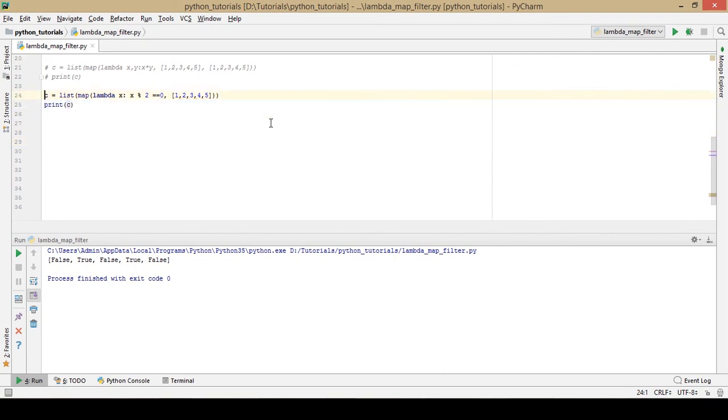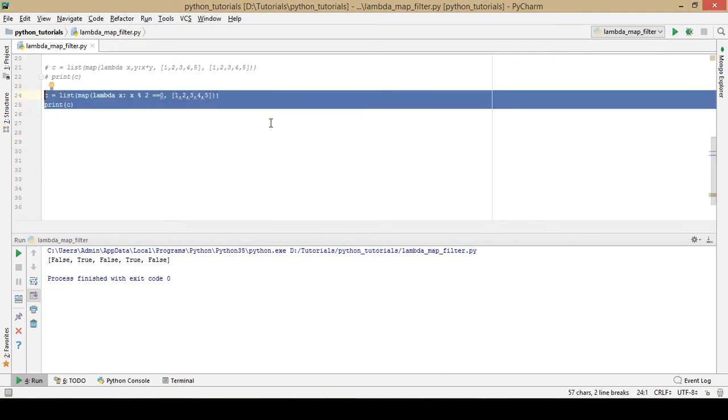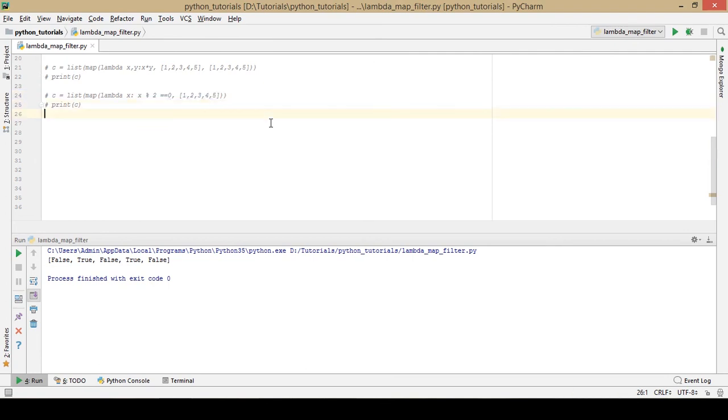So yeah, this was an example using integers, but now let's take an example using strings. Obviously I'll use a lambda function with strings. So similarly, I will create a variable called sent, and I'll call